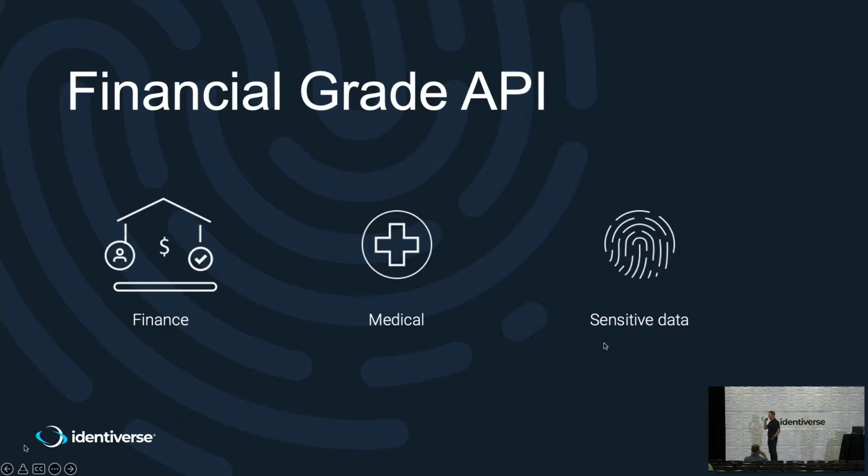If we start with financial grade APIs, we typically associate these with banking APIs, transaction APIs, et cetera. But there's obviously a lot more APIs that require high security, like medical, healthcare APIs, other highly sensitive APIs that can benefit from implementing some of these things. And not only that, some of these patterns and technologies that we're going to look at are actually fairly easy to implement, at least from our perspective. It probably depends on what solutions you use, but